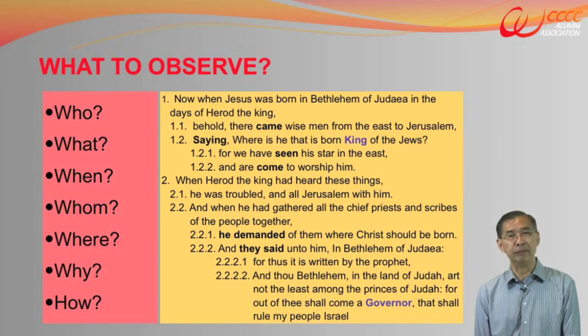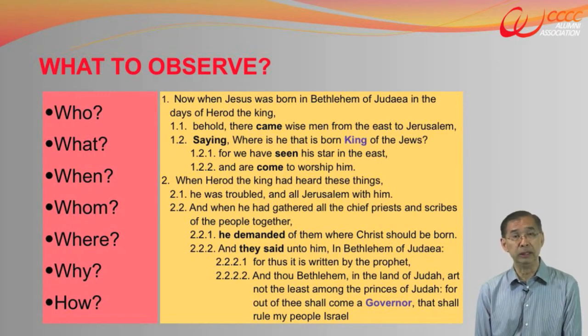Well, that tells you one thing. These are people who come prepared. These are people who are not tourists. They did not just happen to drop by Jerusalem trying to do some shopping. They came prepared. How do we know that they came? They did not sit there when they see the star. They came. When they came, they expressed the reason. They actually came to, they may be wrong, coming to the wrong place, but they said, we have seen and we have come. So these people have taken action.